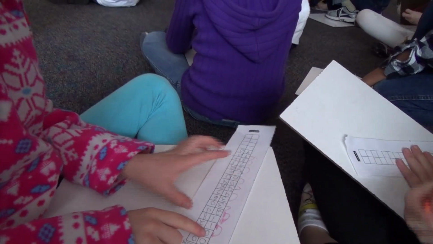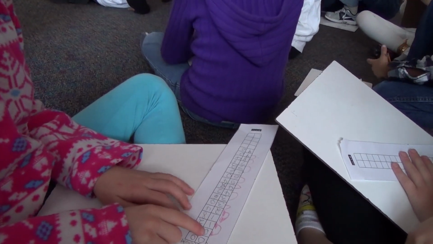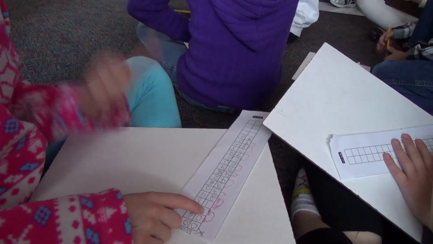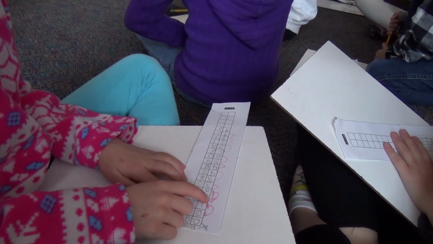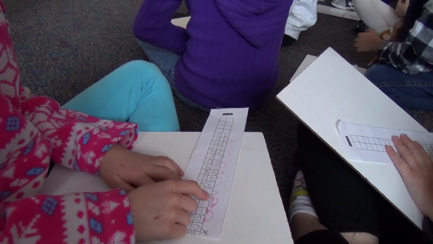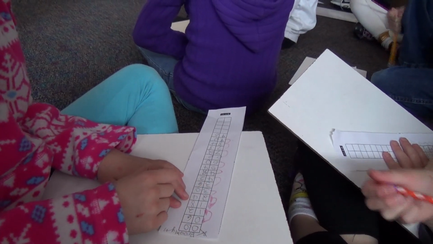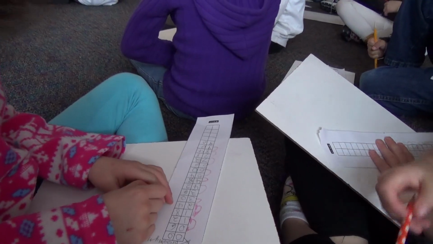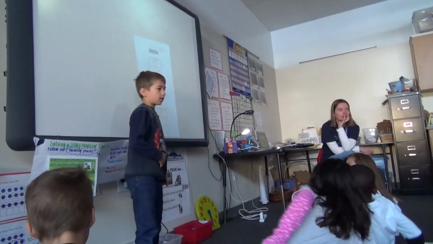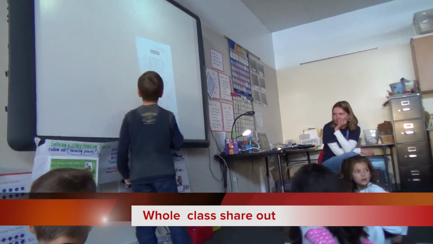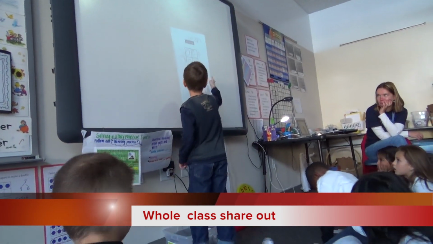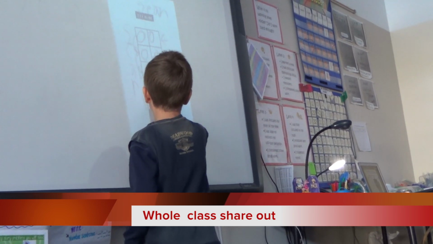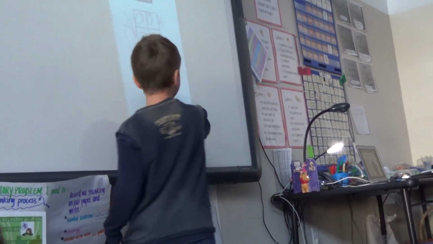I noticed that when we regrouped, this number grew by 1. And then when we regrouped here, it grew by 1. I don't understand when you said it grew by 1 because it grew by 10. All right, so turn around now. Okay. I noticed that it started right here and it went down and then it was grouped right here. And then it went down and then it started right here and then it went down and regrouped again.